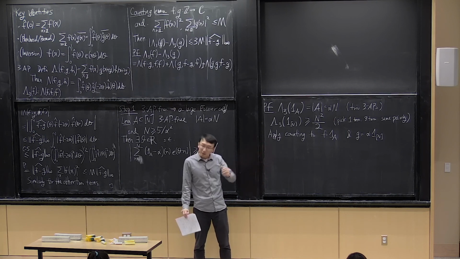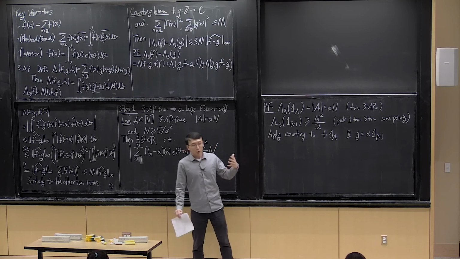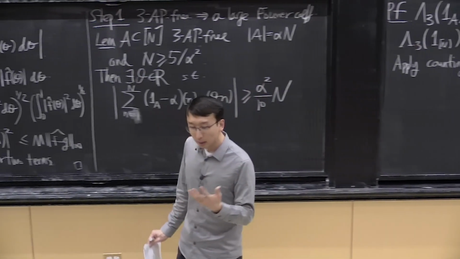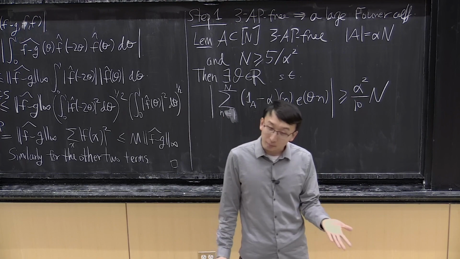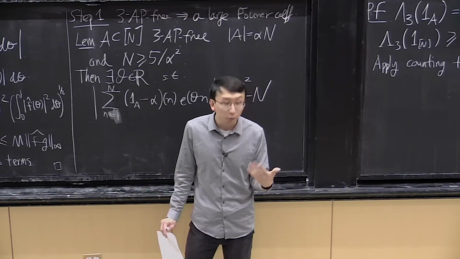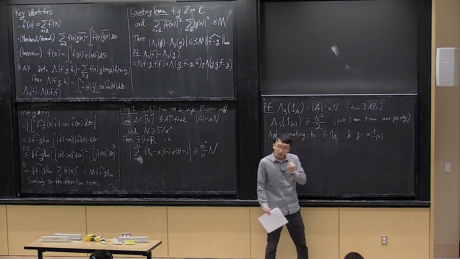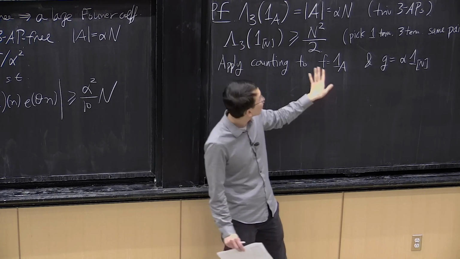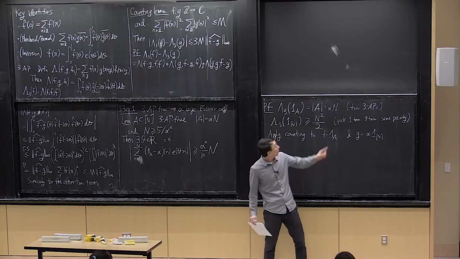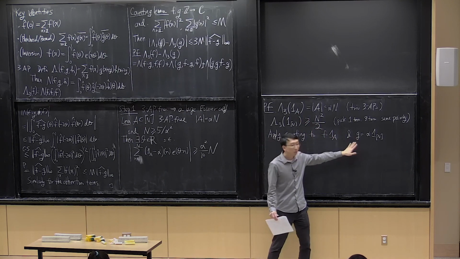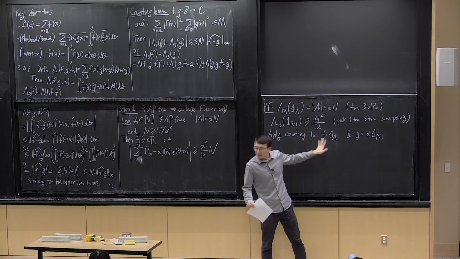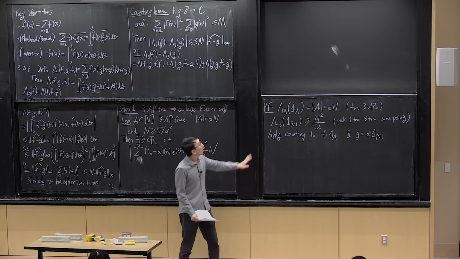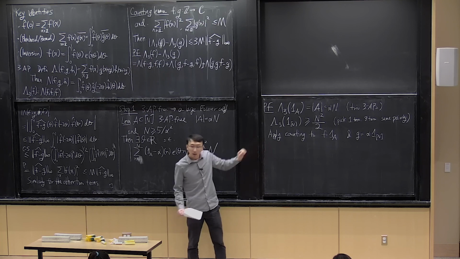Maybe this is a good point for me to pause and remind you that the spirit of this whole proof is understanding structure versus pseudo-randomness, as was the case last time. We want to understand in what ways A is pseudo-random, and here pseudo-random, just as last time, means having small Fourier coefficients, being Fourier uniform. If A is pseudo-random, which here means F and G are close to each other, then the counting lemma will tell us that F and G should have similar AP counts. But A has basically no AP count, so they should not be close to each other. So that's the strategy, to show that A is not pseudo-random in this sense, and thereby extract a large Fourier coefficient. So we apply counting to these two functions, and we obtain that